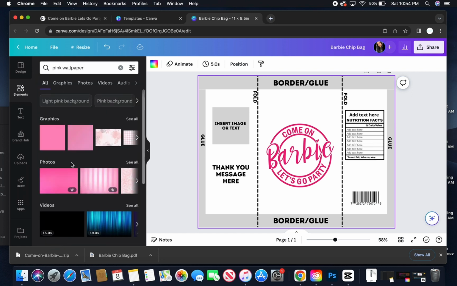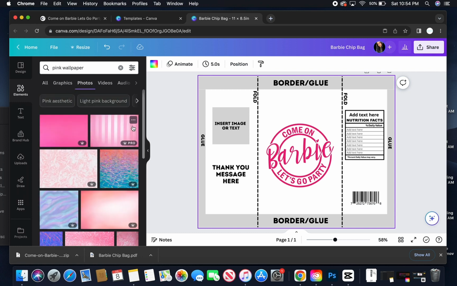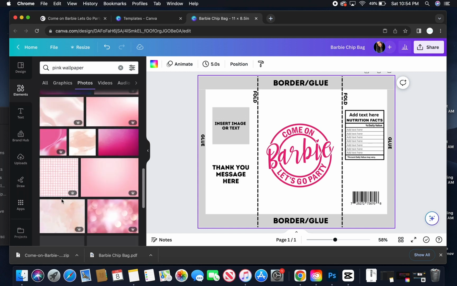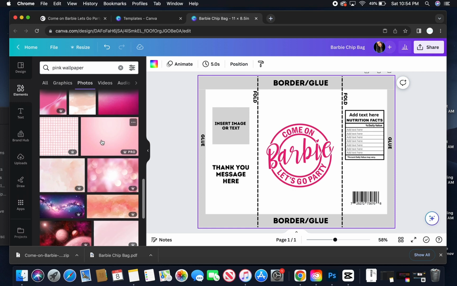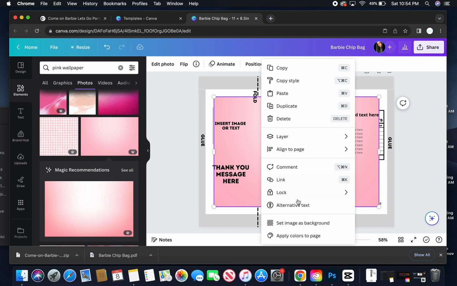So I want to choose photos. Typically, I choose photos if I'm gonna do a background. Let's see, I want some kind of gradient. I kind of like this, so I'm going to click it once, and then I am going to set image